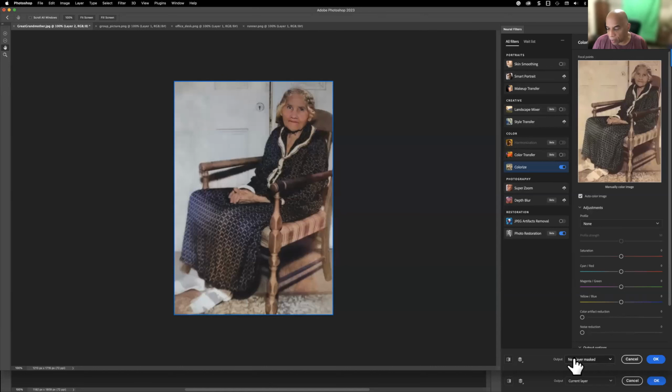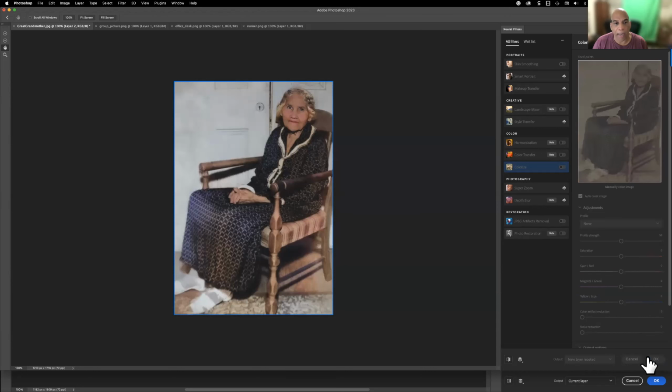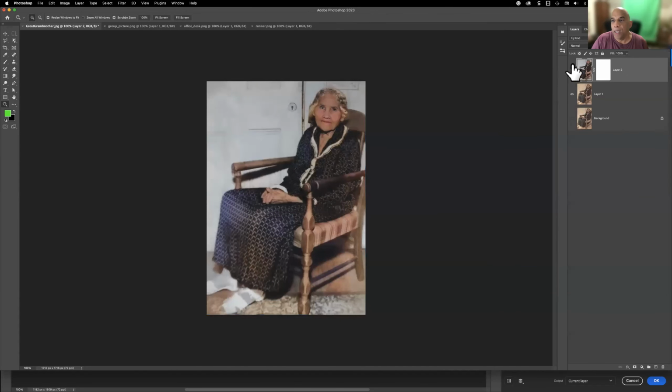So I'm going to click OK to create this on a new layer. Click OK and wait for it, bam. So this is the before, and you see that little spot right there was removed. After, before,